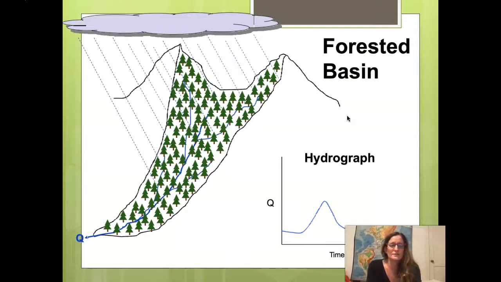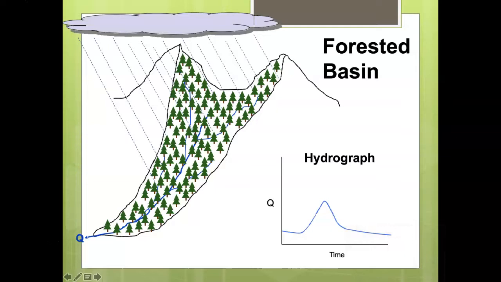Okay. Let's look at this example. Here is a small watershed. We'll say this is probably a tributary to a bigger trunk stream. And Q is the discharge out of that surface water. So it's full of evergreens. It's a cloud. It's raining into that watershed. And here, let me turn my face off so we can see, is the